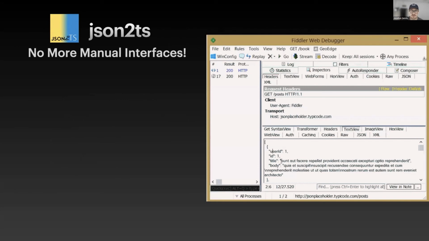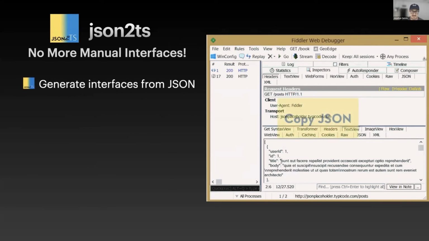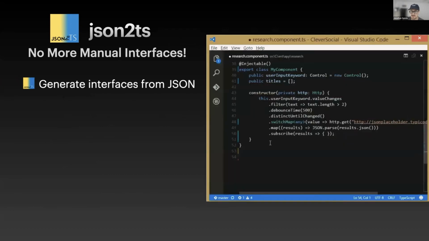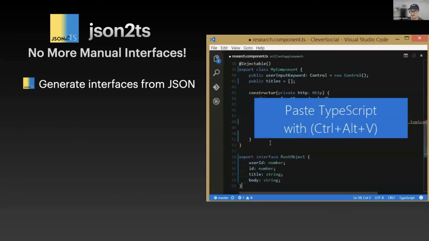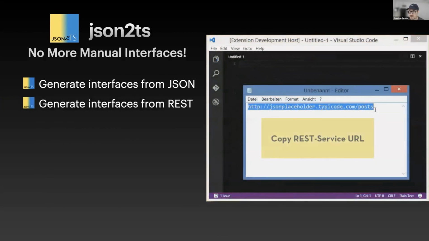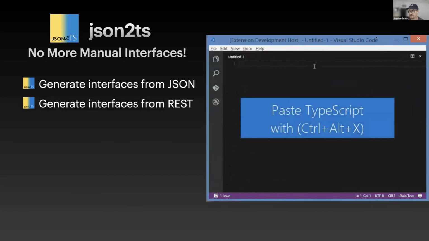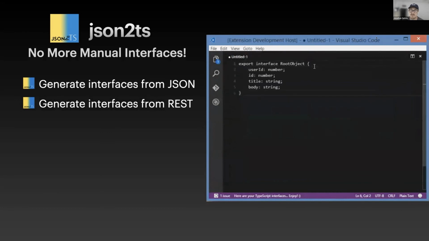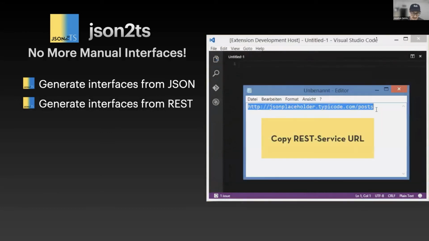Now this is a very small VS Code plugin, but I have come to love it. This is JSON2TS. And as the name implies, it allows you to take a JSON data structure and turn it into a TypeScript interface. And that's literally it. You copy the JSON, you paste the JSON, and it turns into a TypeScript interface. Not only that, but if you have a working REST API, you can take that REST endpoint, copy that, paste it in, it'll go fetch the data, bring back that JSON data, and turn it into a TypeScript interface. I cannot say it enough. This is an amazing tool. I used to do all my interfaces manually, and that's no fun.